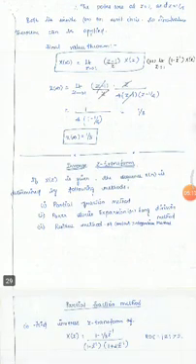Next we are going to see the inverse Z transform. What is meant by the inverse Z transform, as we saw in the earlier slides? What are the ways to find the inverse Z transform? The partial fraction method, the power series expansion or long division method, the residue method, or the contour integration method. So up to this we have completed the Z transform and Z transform properties. In the next class we are going to see the inverse Z transform.